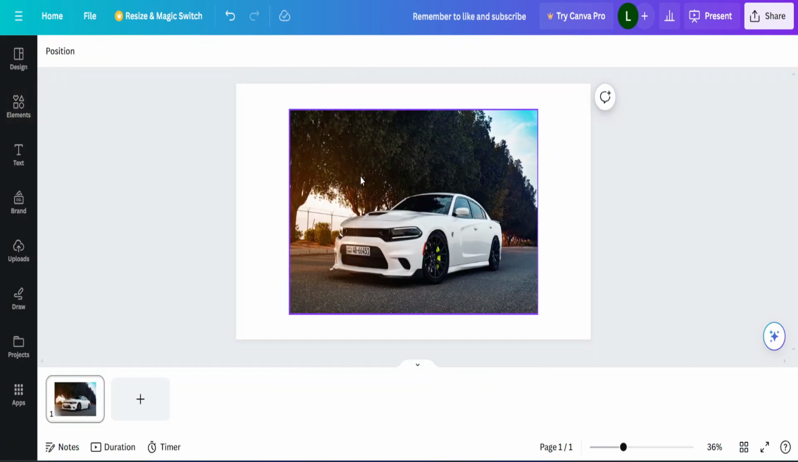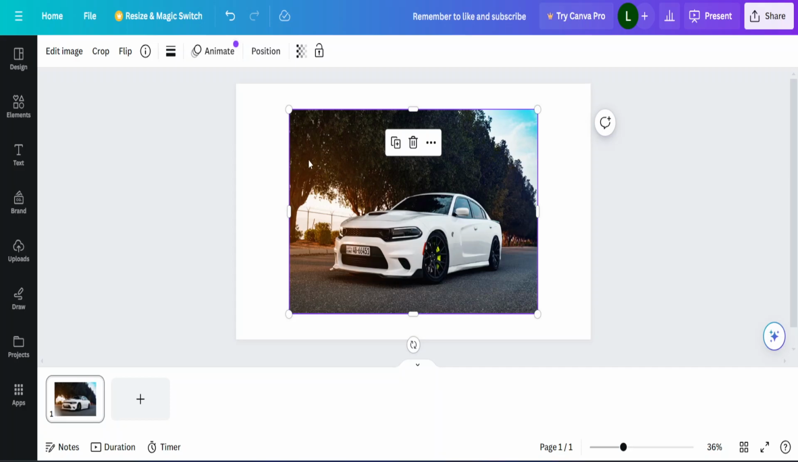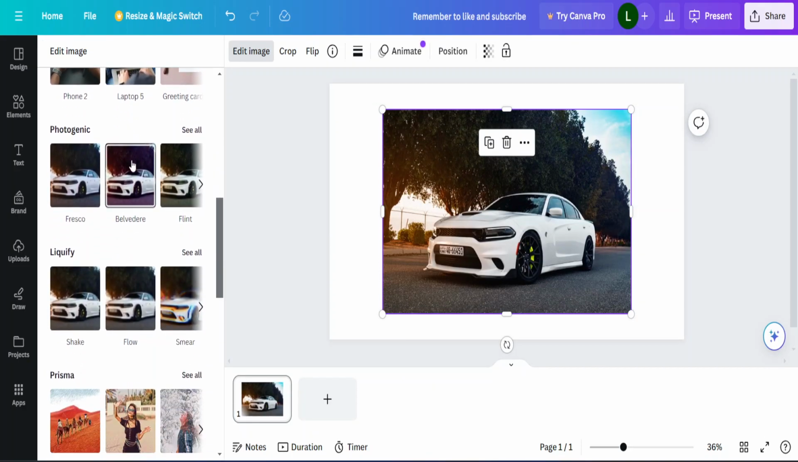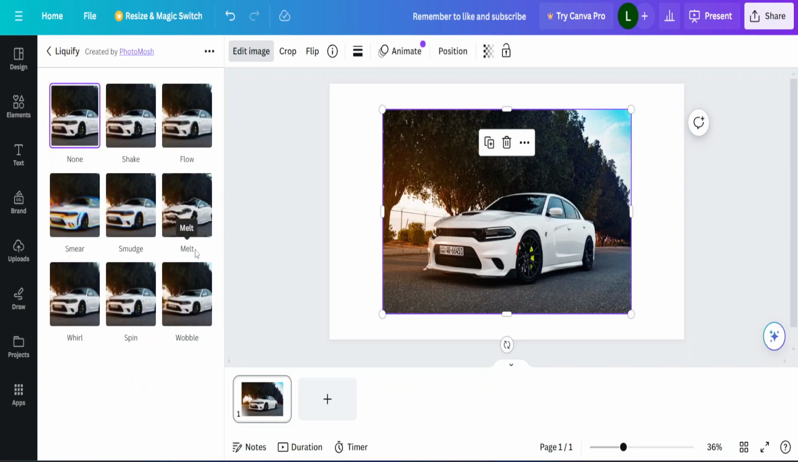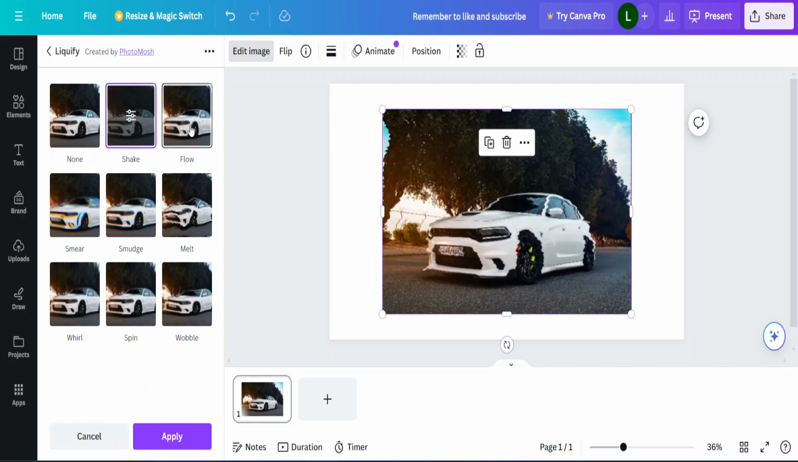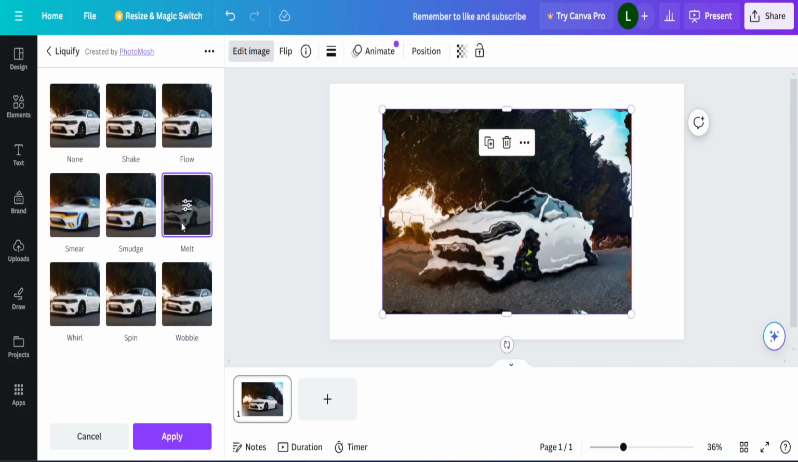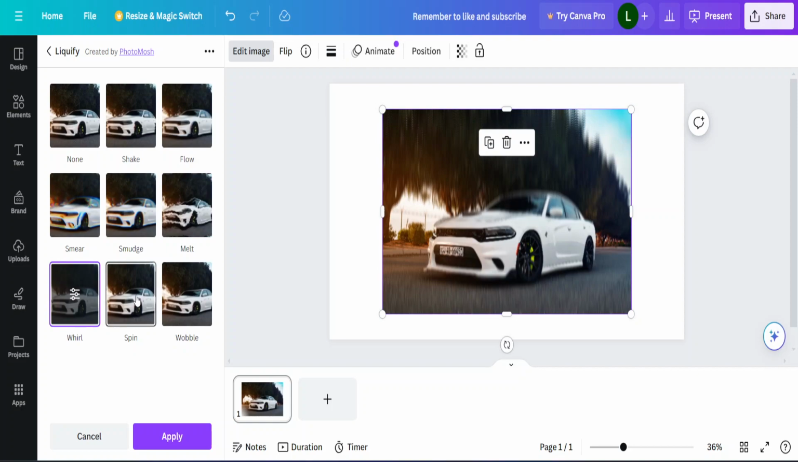And now you want to make sure you select your picture and you want to go to the top left corner where it says Edit Image. When you click on that, you want to scroll all the way down until you see Liquify, and then you're going to click on See All. Now you can see all the different Liquify options you have available, like Shake, Flow, Smear, Smudge, Melt, Whirl, Spin,